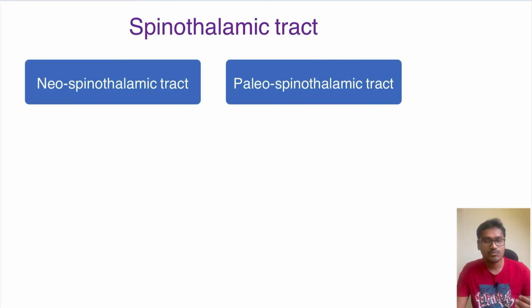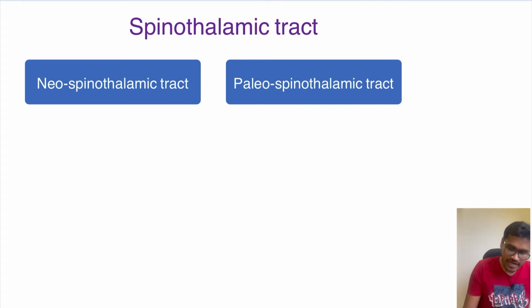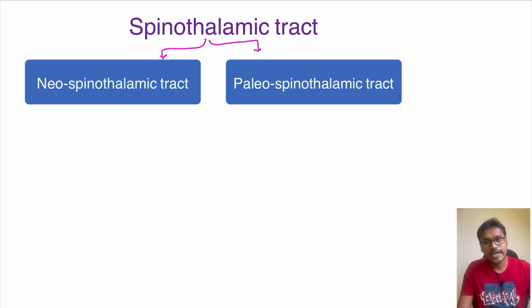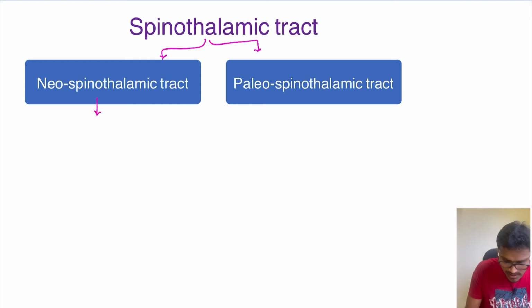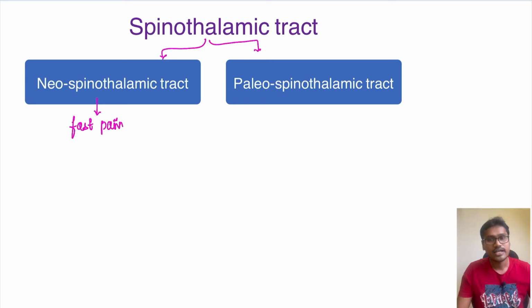Now we will discuss the most important tract, the spinothalamic tract. This spinothalamic tract is basically divided into 2 parts. One is the neo-spinothalamic tract. Neo indicates it's new, and this is the tract responsible for carrying the fast pain. And there is another tract called the paleo-spinothalamic tract. This paleo-spinothalamic is nothing but the old spinothalamic tract, and this is the one responsible for carrying the